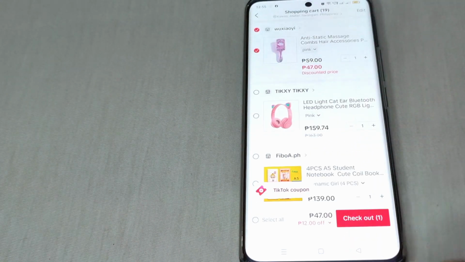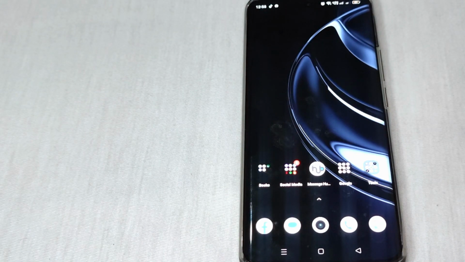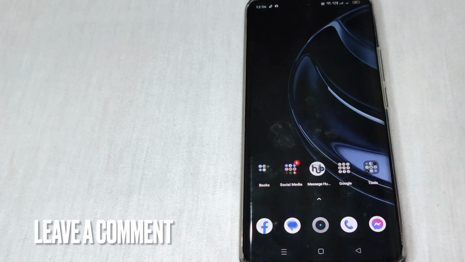All right, so there you go. This is on how to cancel order in TikTok. So, if you want to know on how to cancel order in TikTok, that's the easiest way I know. And if you know another way on how to cancel order in TikTok,